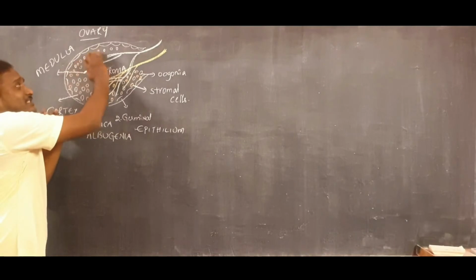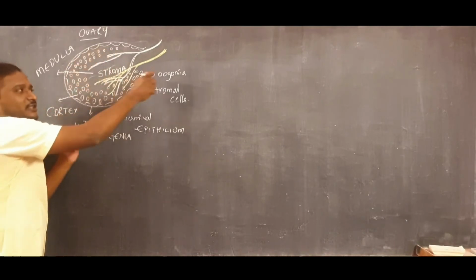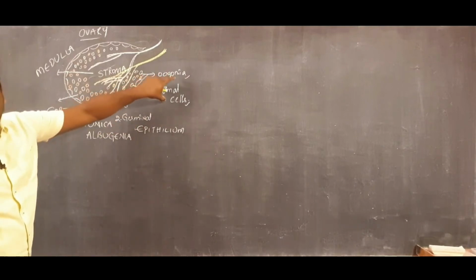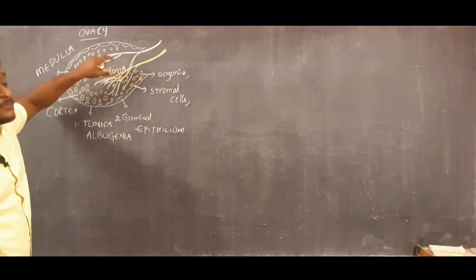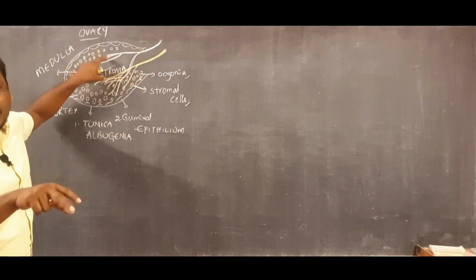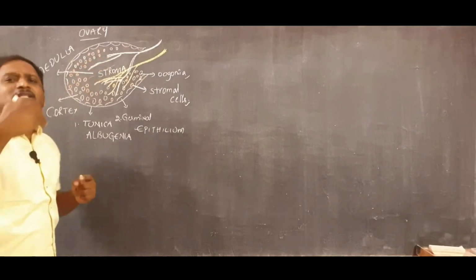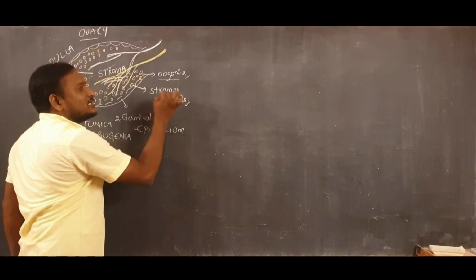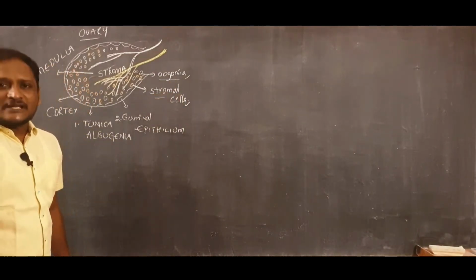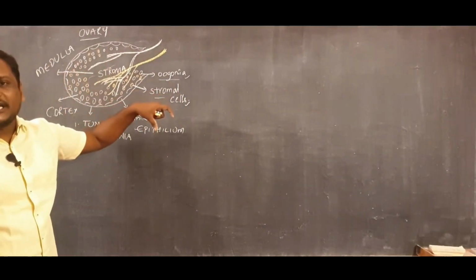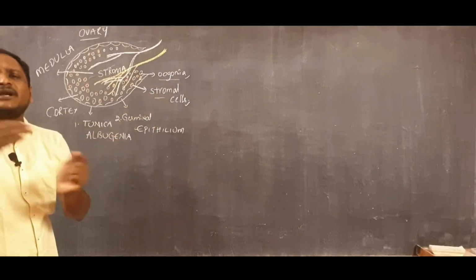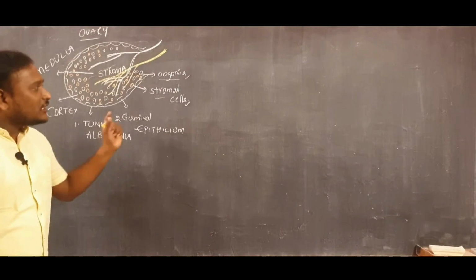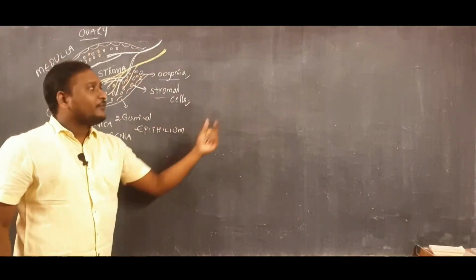The cells present within the ovary, that is, the oogonia cells and stromal cells, help to form the follicles present within the ovary. We already discussed that the ovary consists of a number of follicles. Those follicles are formed by these oogonia and stromal cells. How does follicle development take place? What are the different types of follicles we can observe in a female's life history? That one we will discuss now.